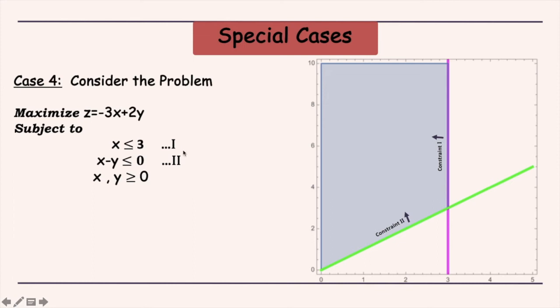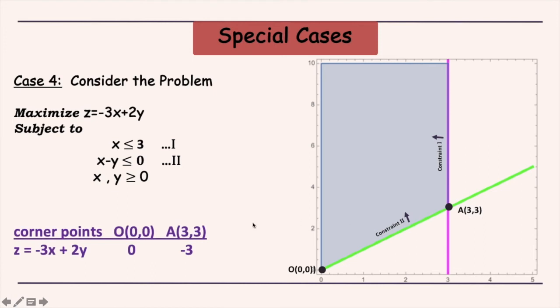So if we figure out the common portion, this blue shaded region is our feasible region for this particular set of constraints. Now then we find out the corners. So we have origin as one of the corners, and the second corner, which is at the intersection of these two lines, is at the point A with coordinates 3, 3. So we calculate the z value at these two corners, and the z value is maximum at origin, which is the value 0. So again we need to ensure whether 0 is the maximum value of z which can be attained restricting to the feasible region, or can we make z bigger than that.